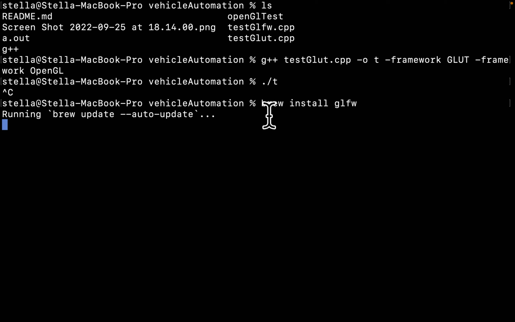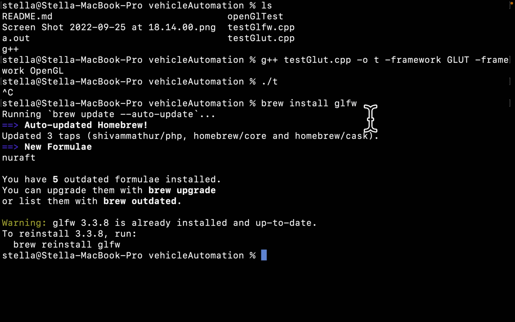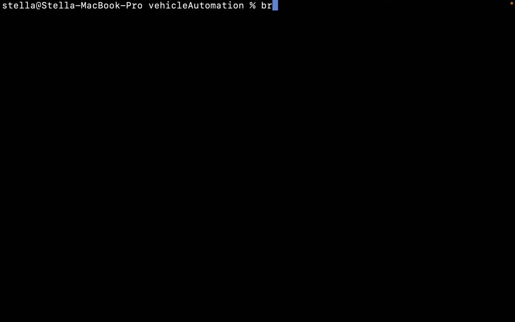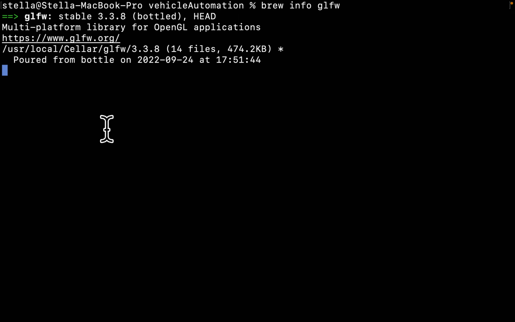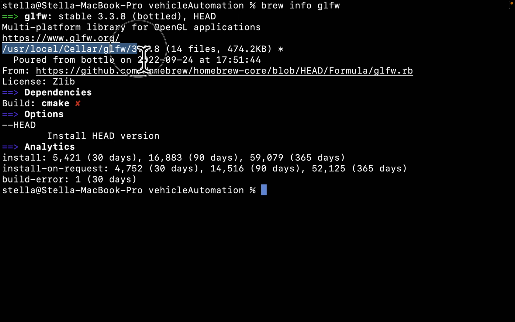But what you can do in brew is find out where this library is located. Do brew info, I believe. It's gonna show where the library is, where you can find or add it from. There's one